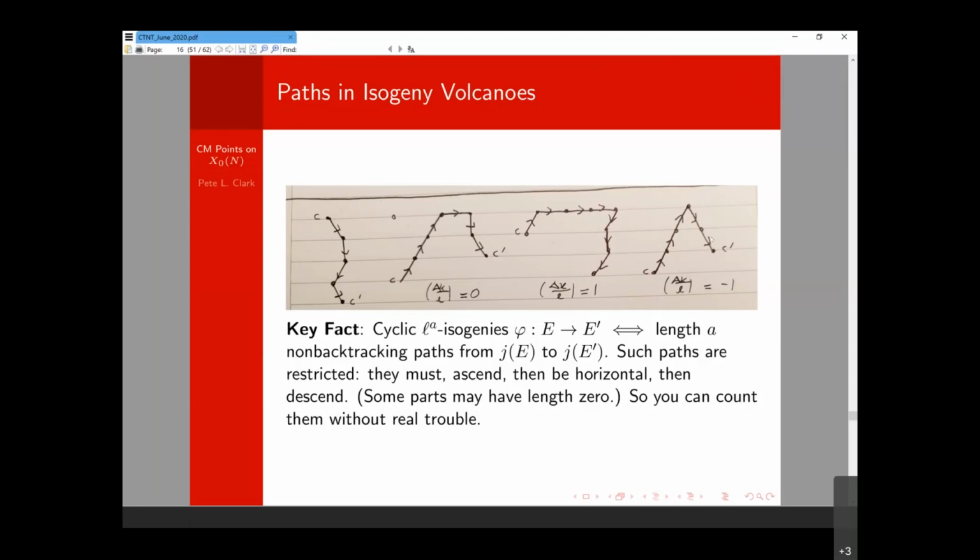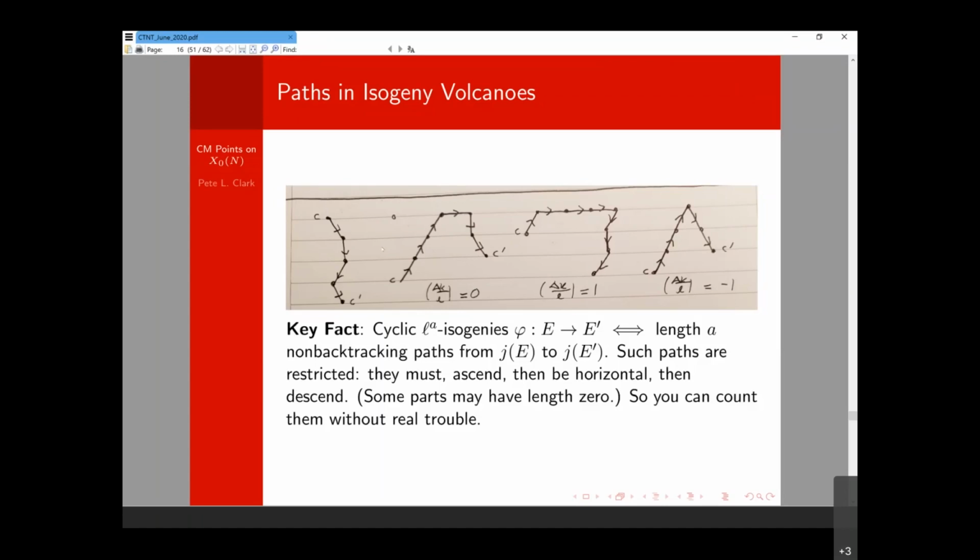Okay. So really what we need to do is we sort of start with some vertex at some level C, and then we fix an A, and we just want to find all the paths of length A in the isogeny volcano, starting from that vertex, and for each such path, we want to figure out what the field of moduli is, okay? So the first thing that we have to do is we have to sort of count all the non-backtracking paths of length L to the A, starting from a particular vertex. And that sounds like, in a general graph, that might be tough. But the isogeny volcano has a very restricted structure.